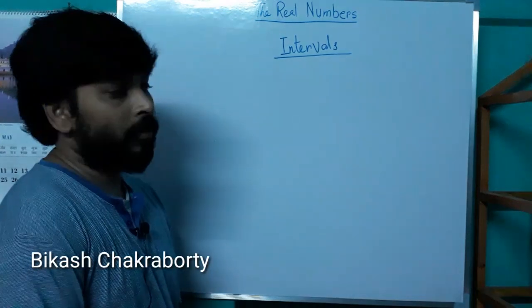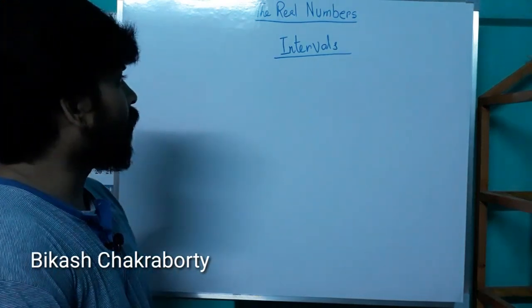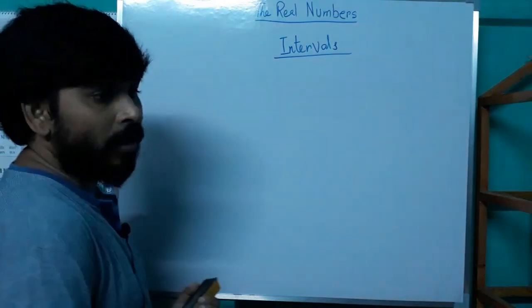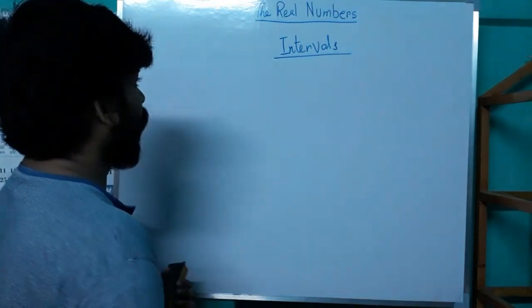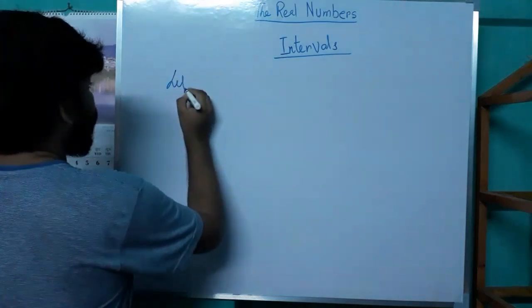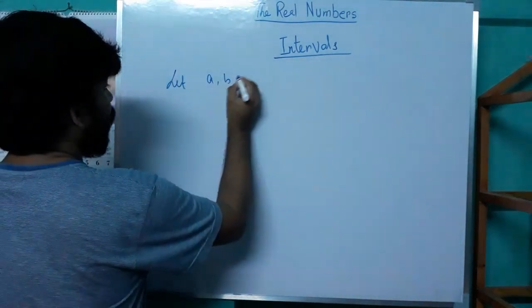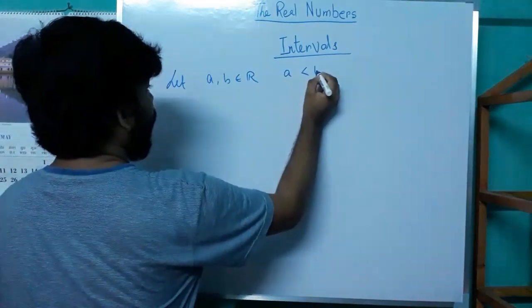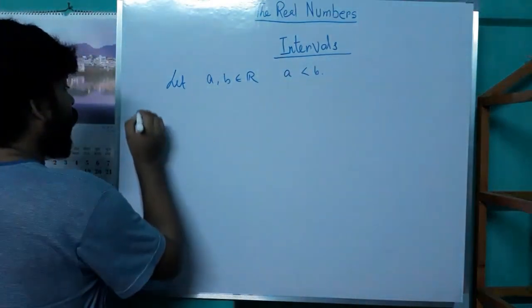Dear friends, in this lecture we will discuss a little about intervals. Actually, order properties help us to define intervals. So let us take two real numbers a and b with the property that a is strictly less than b. Now we define